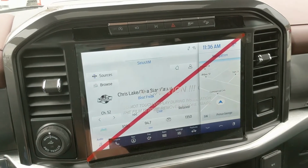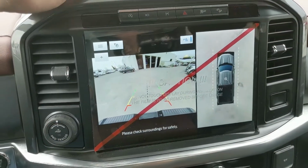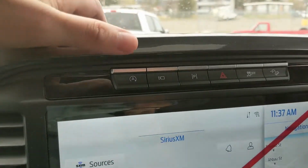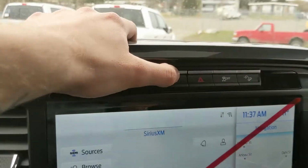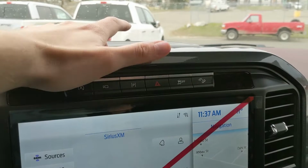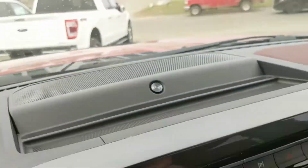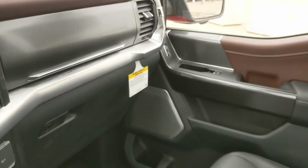But then shifting into reverse, you do also have a backup camera with a full 360 view, so you're going to be able to see where you're going and hopefully avoid hitting anything, with dynamic hitch assist, so you can have an easier time hooking up a trailer. Then above your screen you have your auto start stop shut off, your front camera view with 360, your parallel park assist, or active park assist, hazards, traction control shut off, hill descent assist, and then you have the B&O Unleashed audio system in this truck,